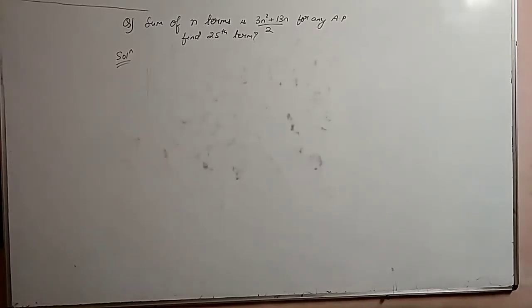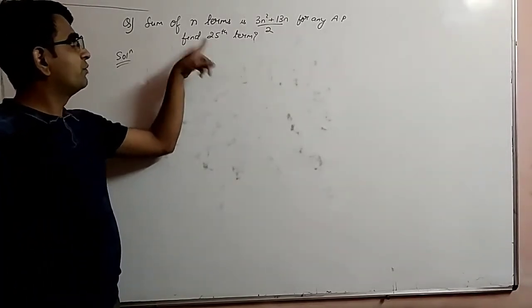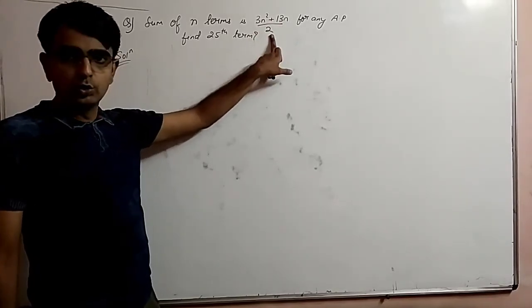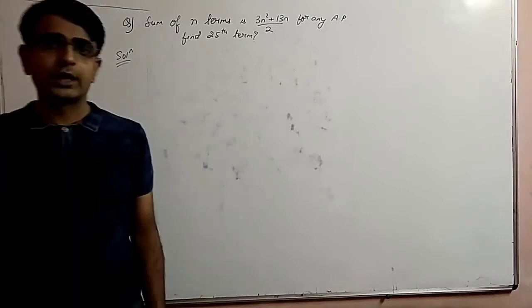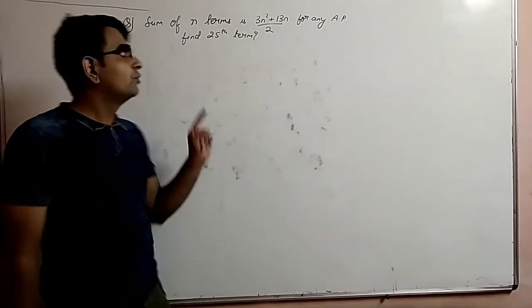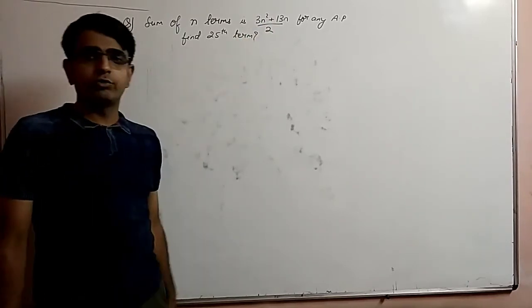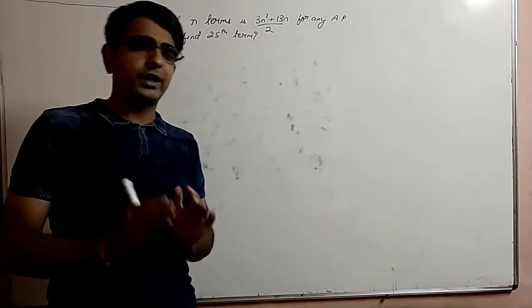Okay, so one more question. What we are given: the sum of n terms for any AP is (3n square plus 13n) by 2, and we need to find the 25th term of this AP. इस सीरीज के जो n टर्म्स का सम है वो हमें दिया गया है, 3n स्क्वायर प्लस 13n by 2, तो हमें फाइंड करना है 25th टर्म।